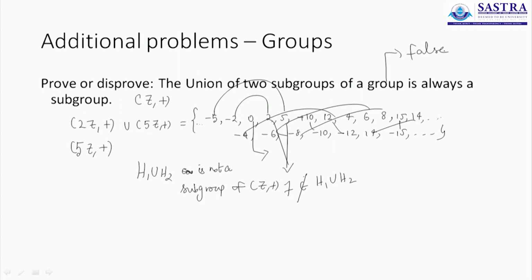But is this always the case? Last problem we proved it for a general setup, and we showed that it is always the case. Whenever you pick two subgroups and you collect all elements common, the result will also be a subgroup. But here we saw one example which showed that the union is not a subgroup. But can you always generalize this?